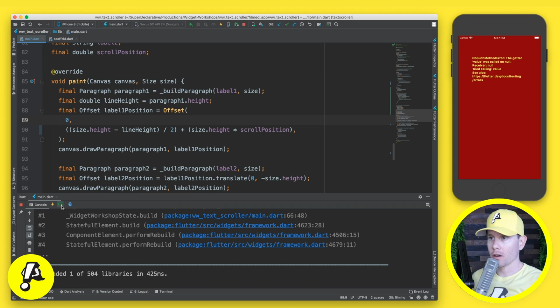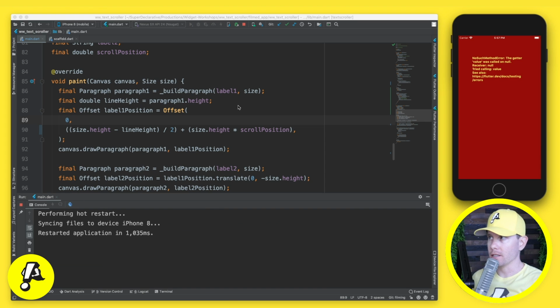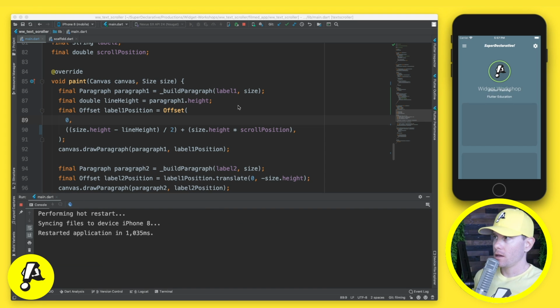We need to do a hot restart because we need to initialize the animation controller. And there we go. So we're moving down as we expect. So every 2 seconds, we move down the desired amount. But of course, there are multiple visual issues here. The first issue that we're going to solve is the fact that the moment that Flutter training gets down to its final position,